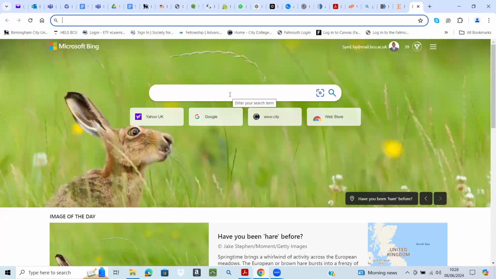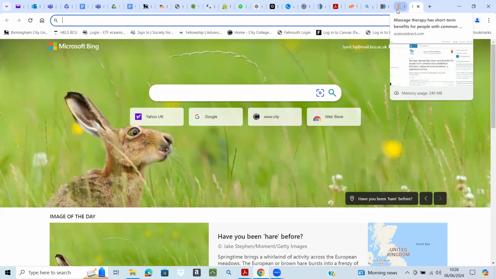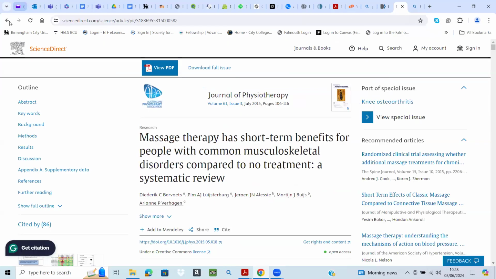No. For example, if we have to look for the books, so if I have the research topic,